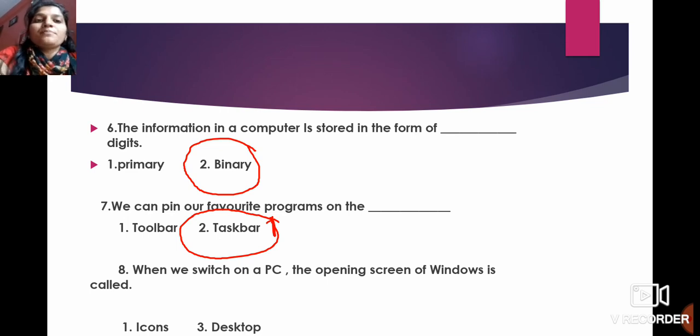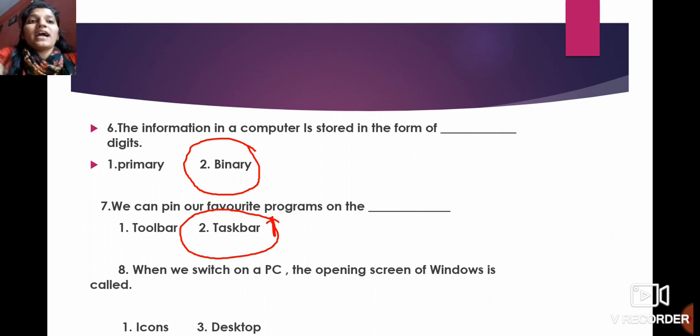Next, when we switch on a PC, the opening screen of Windows is called dash. Options are icons and desktop. So students, write down the answer. As we all know, when we switch on a PC, a screen appears on the monitor of the computer.